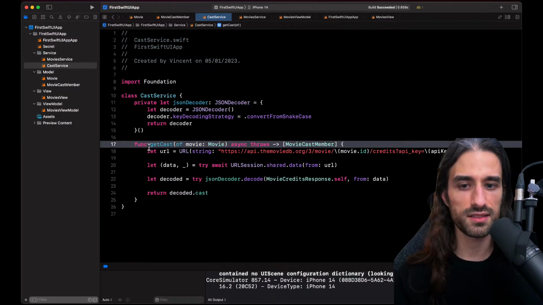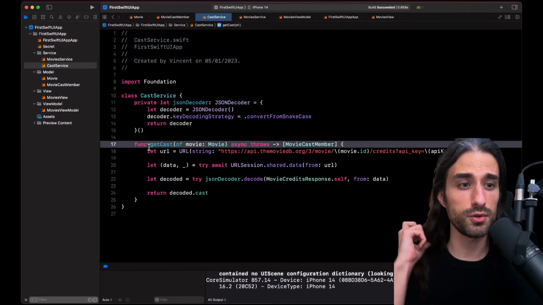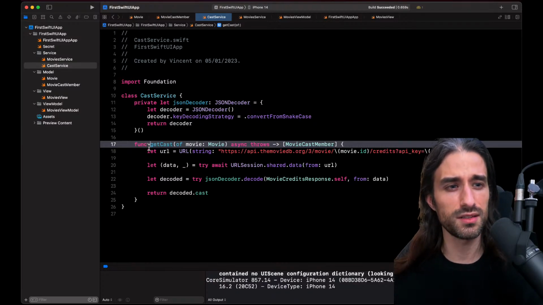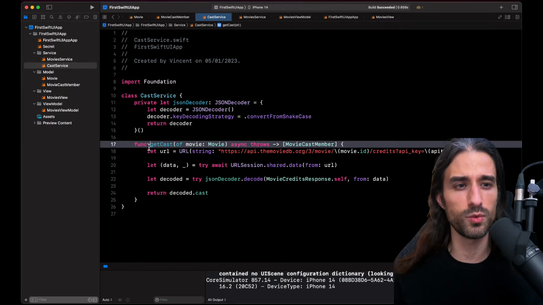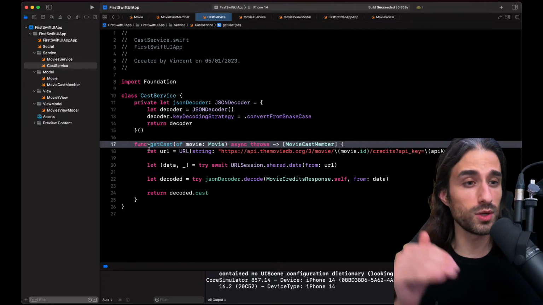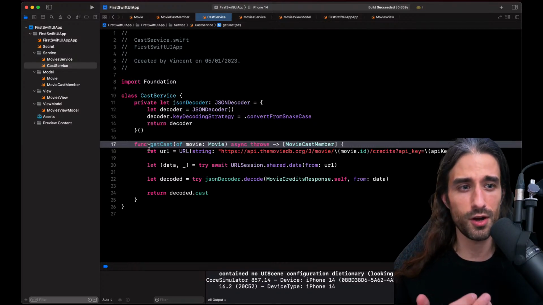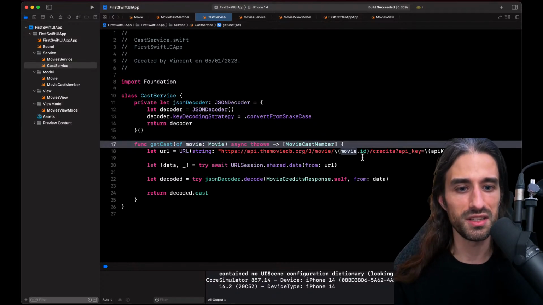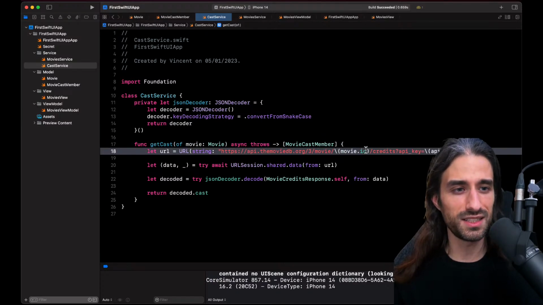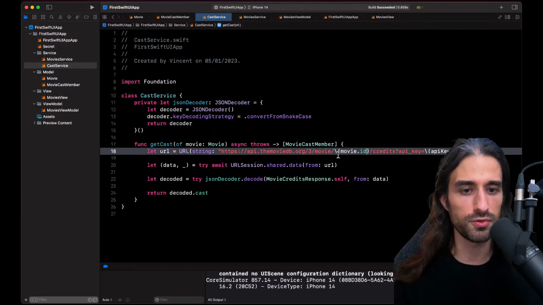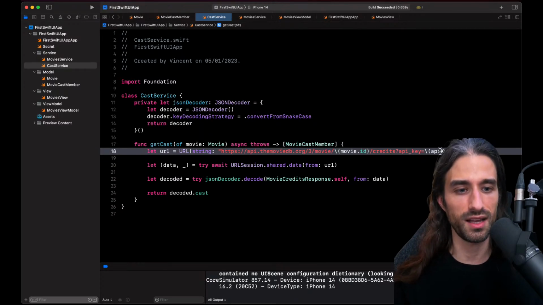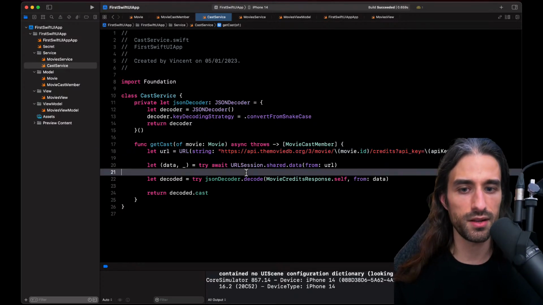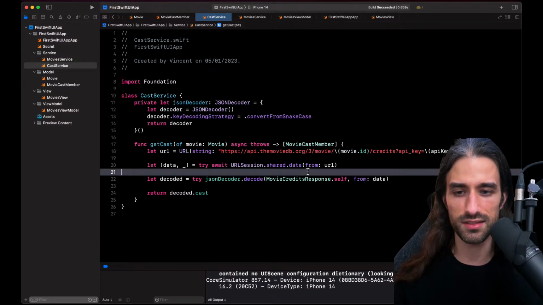I have a method getCast. The only difference now is that this method takes an argument, because for getMovies, there was no argument. We wanted to get the list of movies, so we could say the entry point of the data model of our app. Now we want to get the details of a movie. So this movie is passed as an argument, and we use the ID of the movie in the building of the URL to the API endpoint, which this time is /movie/the movie ID/credits, and still the API key, and then make the network call still using URLSession.shared.data, because it's still a GET HTTP call.